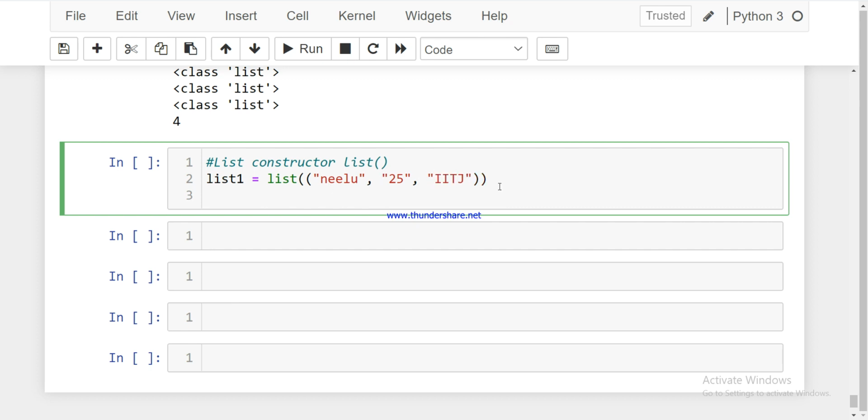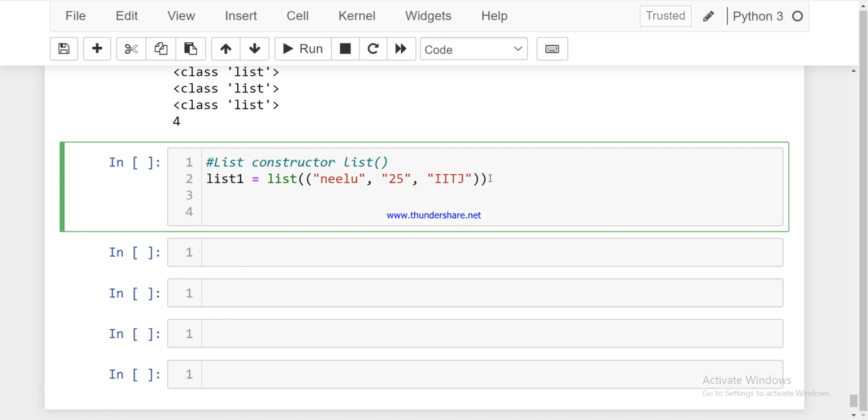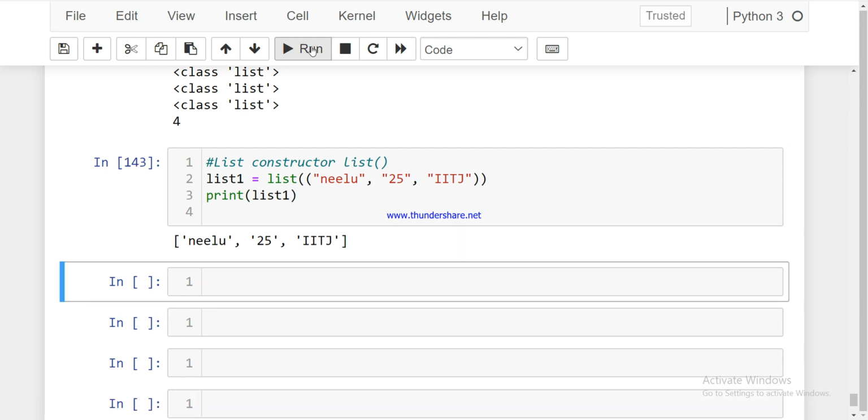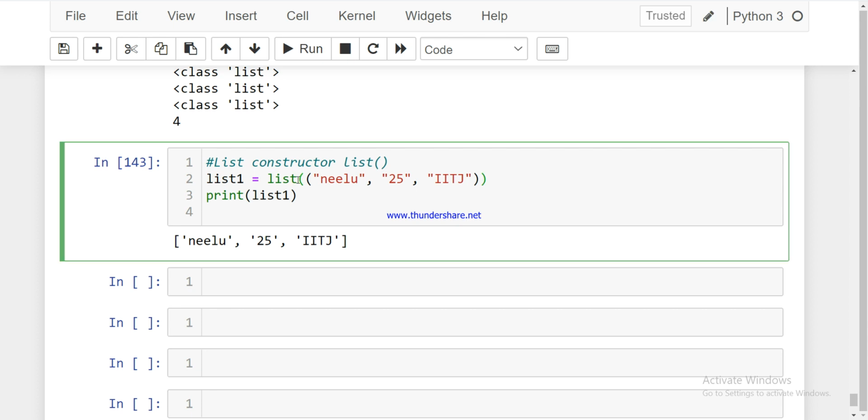Here I am creating this list by using the list constructor. And if I want to print this list, I will call it by its name. So this is a list created using the list constructor.